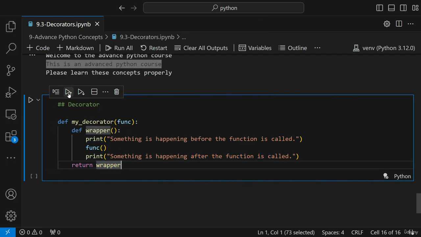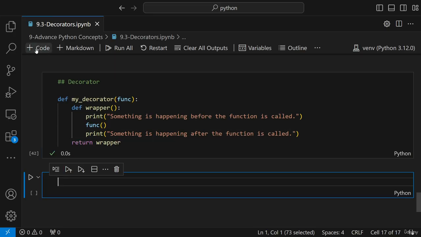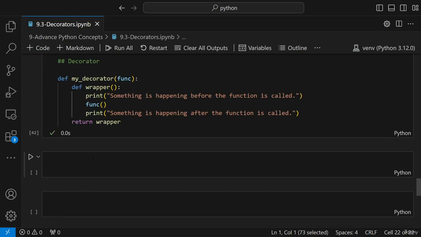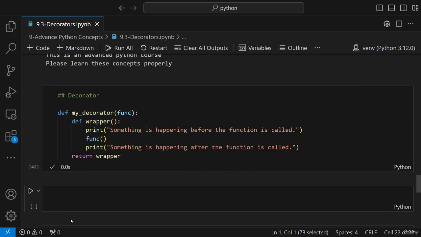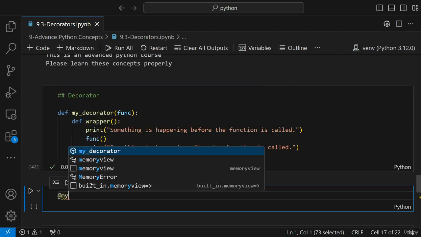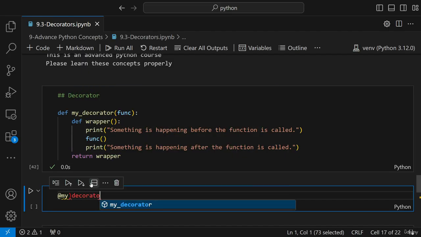Now, let me do one thing. Let me just go ahead and execute this code. Okay. So here we have just executed it. So my decorator is there. Now I will be using this @my_decorator. Now, if I really want to use my @ decorator,